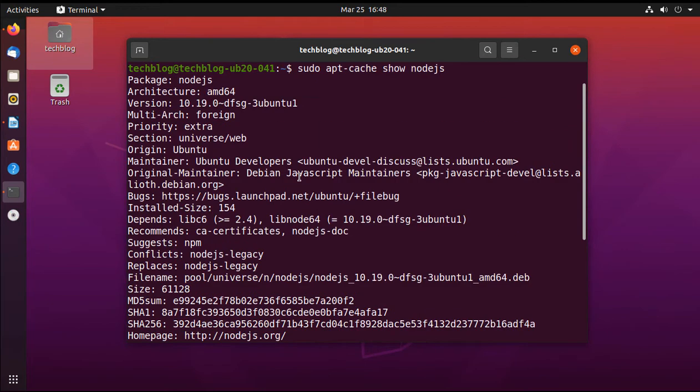Scroll up a little bit, and here you can see the version available in the default repository is 10.19. If you are okay with this, then go ahead and install Node.js using apt install nodejs, else you have to add the latest repository. So